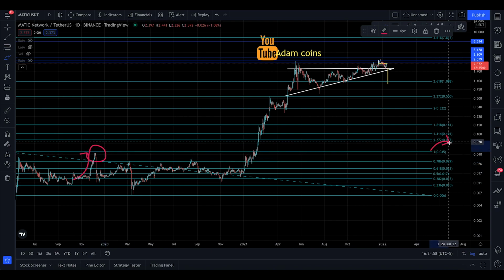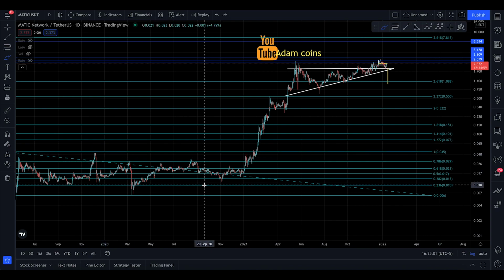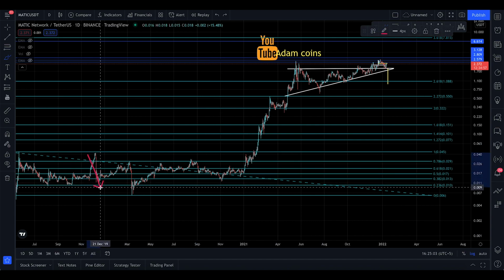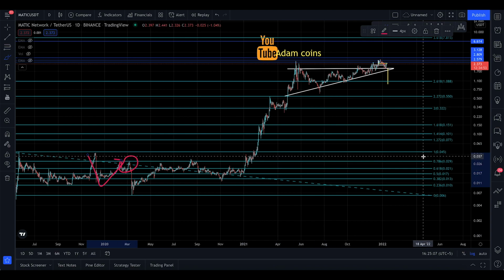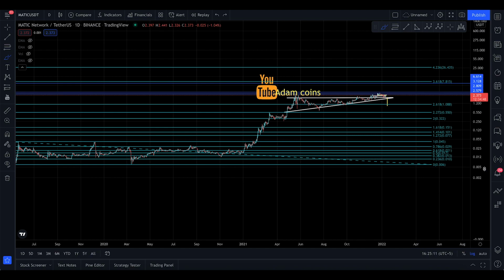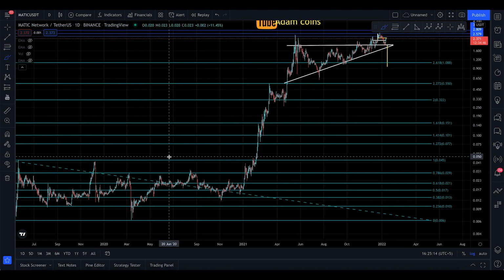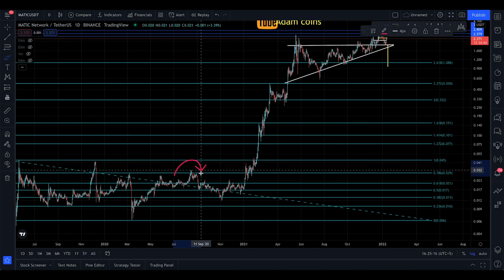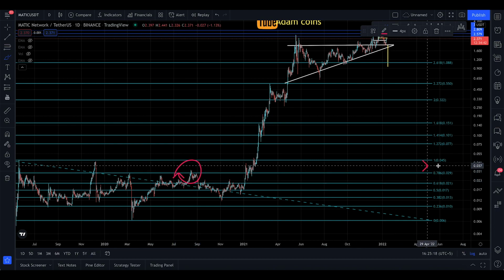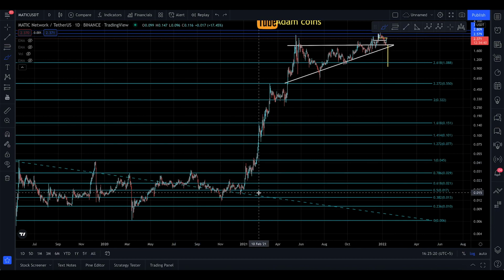Where did it find resistance? Okay, that was at the 1. All right, and then it came down again and then picked up to the upside. It found resistance here, and why? That's the 0.786. Do you see? Exactly on the lines of the fib retracements. Now let's keep on studying this one. Then you went up, you found resistance right there, and that was the 0.786 once again.